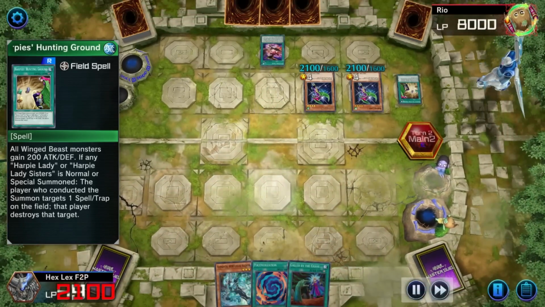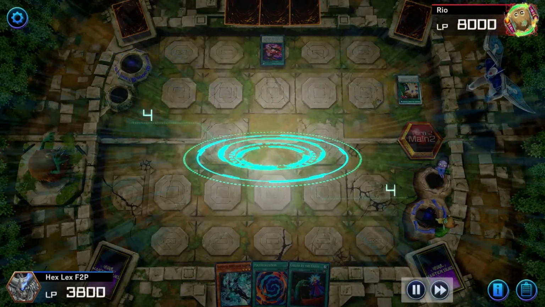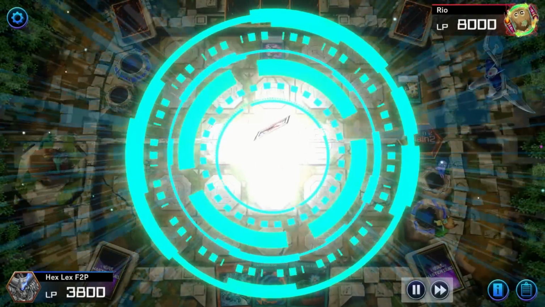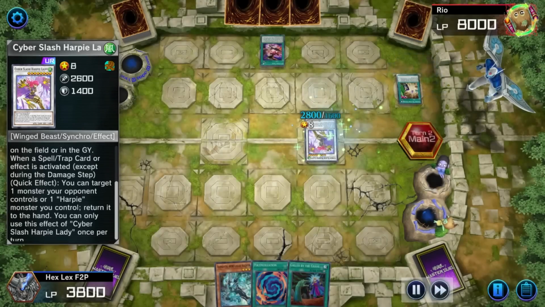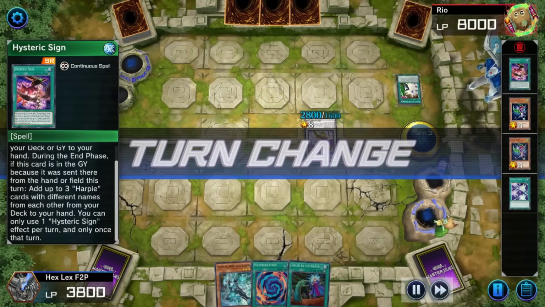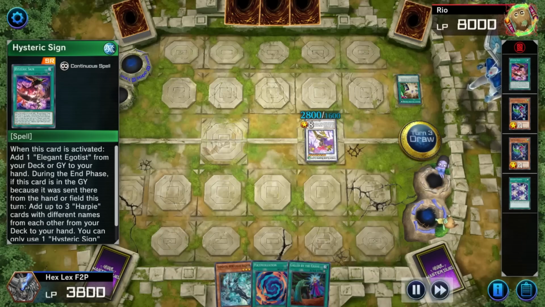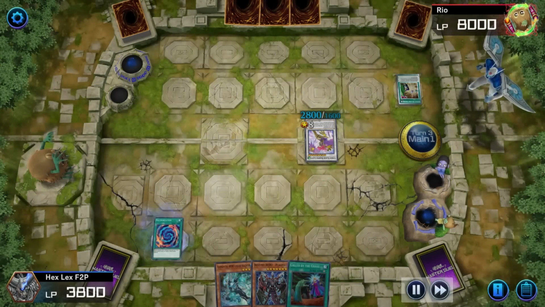I guess it more accurately against our opponent's favor here, as they then synchro into the Cyber Harpy Lady Slash. They can use any Harpy as a tuner for that, which is why they were able to do that there. But because this effect is mandatory, they're going to have to destroy their own Hysteric Sign with no effect. They don't get to add up to 3 Harpy cards because they already added the Elegant Egotist this turn, so...